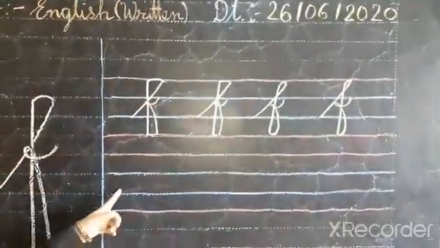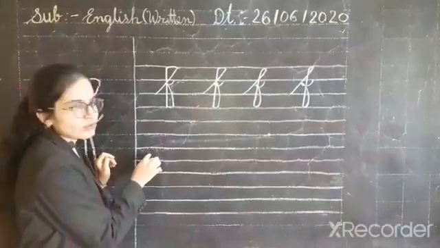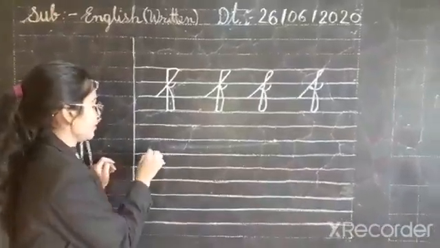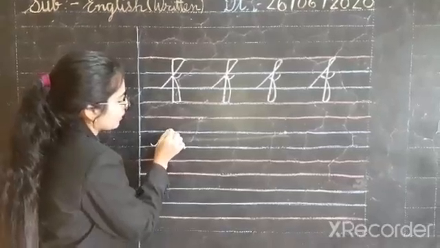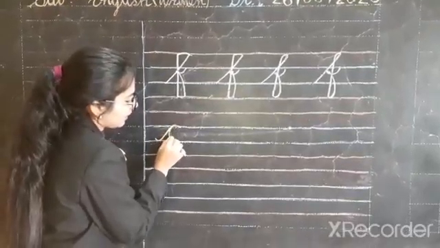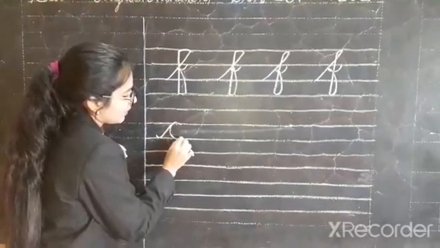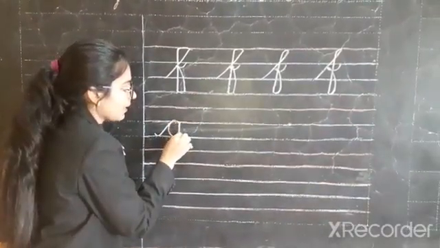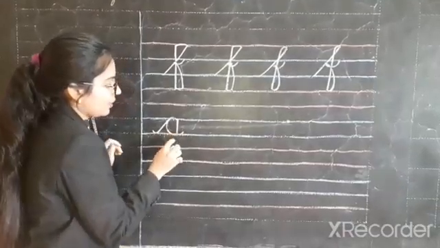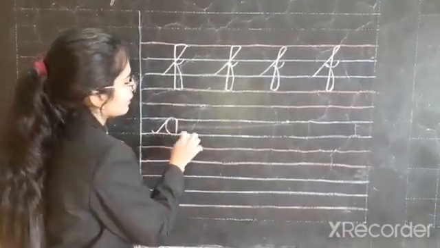Now just I show here how. So I teach you again how to write A. Do small curve, then go up, then do small curve, then come back with the same line and do C curve, and then join here, and then come down with the same line and again do curve. This is our A. After A, what will come?